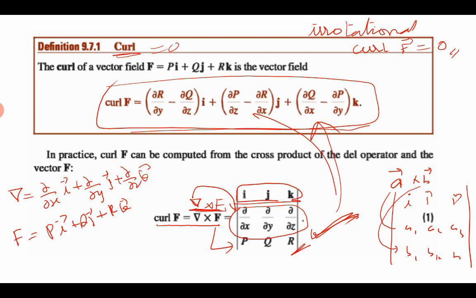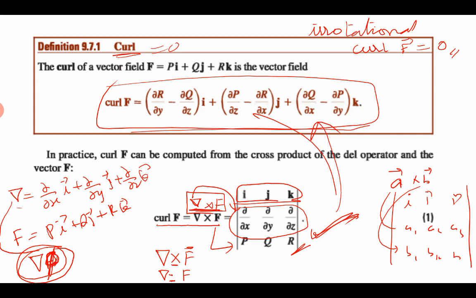So del cross f. The del operator, in the previous gradient, was just an operation. There is no cross nor dot between del and f; it is between del and phi. Phi is a scalar function, isn't it? But when del operates with vectors, it will have cross or dot. So when the del operator is working with vectors, you will find either cross product or dot product. If it is working with a scalar, it is just an operation: just find the partial derivatives of phi, use i, j, k.